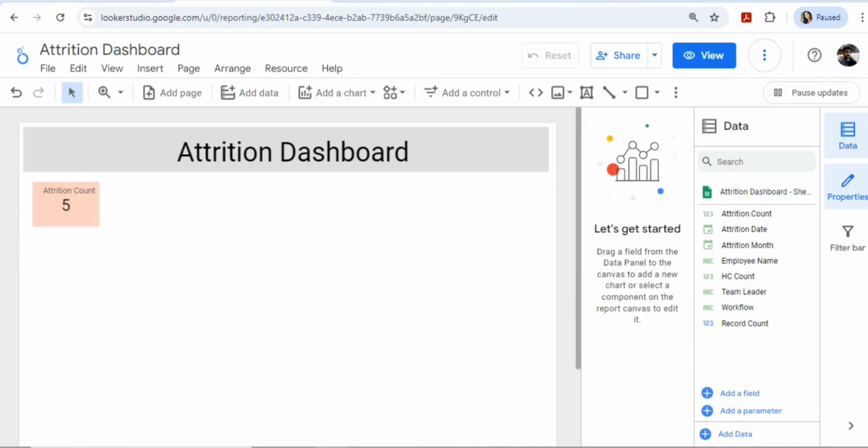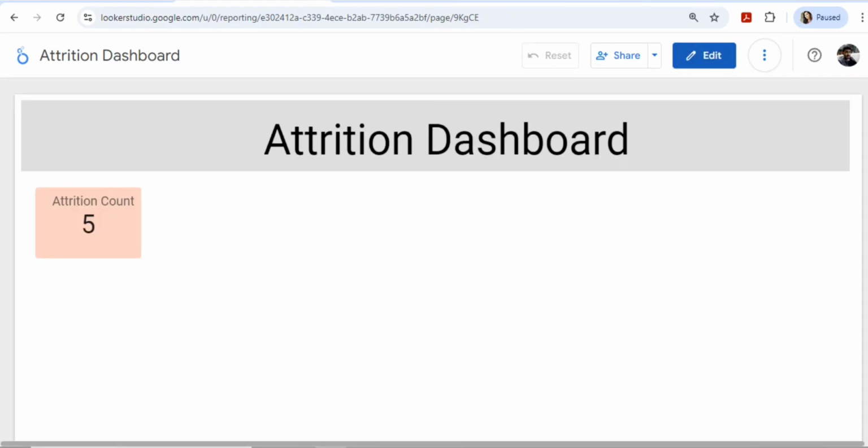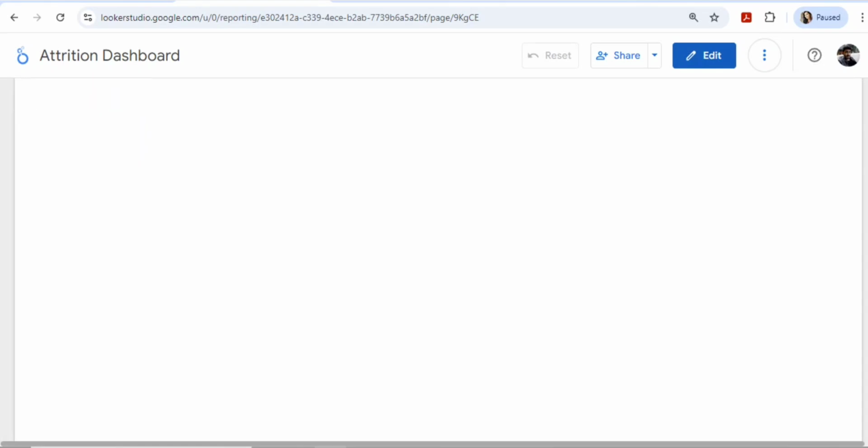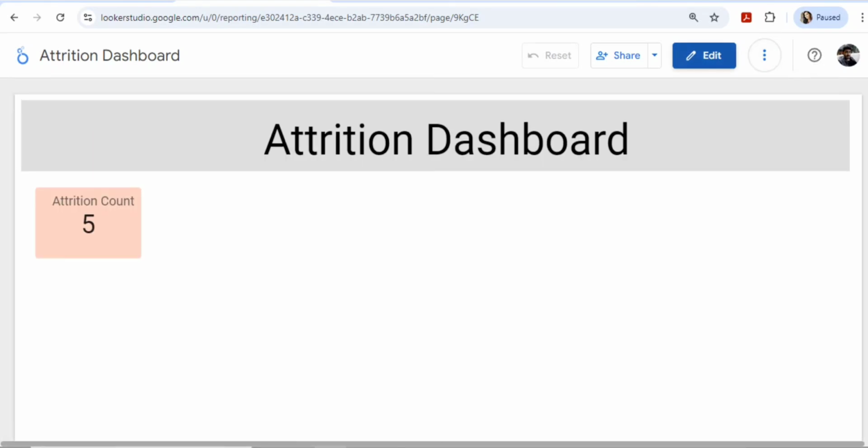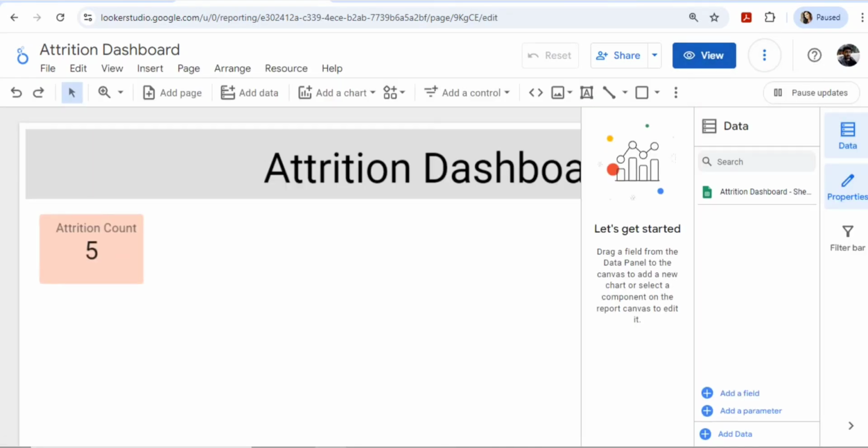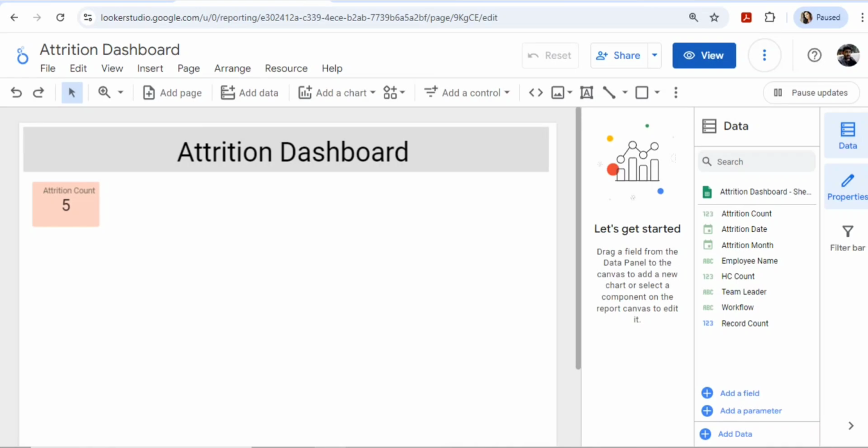So it's just how we want to show this dashboard. Okay, if you click on view, how will it look? Yes, it's showing attrition count 5, attrition dashboard. So you can see this is getting generated actually. Okay, this is done. So now have you seen in your manual dashboards, you add the slicers